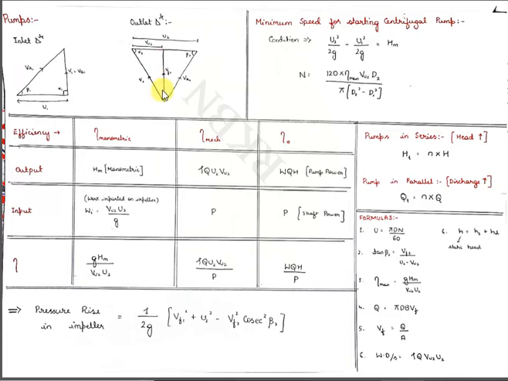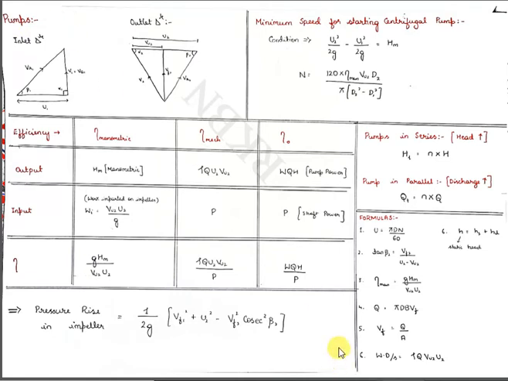Now coming to the outlet velocity triangle, this is V2, the absolute velocity with which water goes out of the moving blade, and this is Vr2, the relative velocity at outlet. This absolute velocity can be resolved into two components, vertical and horizontal. Vertical is Vf2, horizontal is Vu2. The angle made by the absolute velocity V2 is alpha 2. The angle made by the relative velocity Vr2 is beta 2. If I join V2 to Vr2, that will be U2. This is the inlet and outlet velocity triangle with respect to the pump.